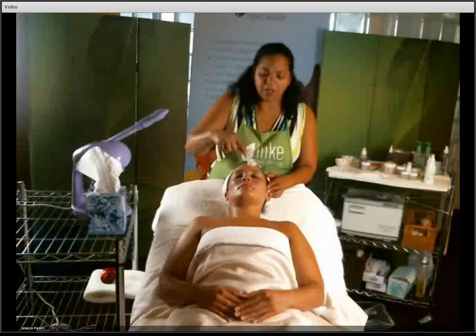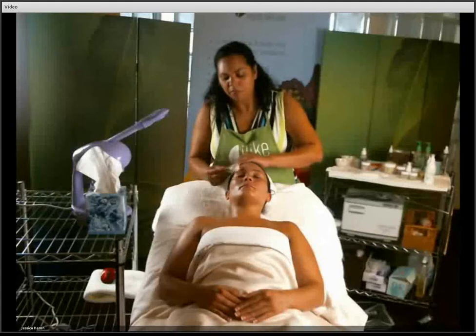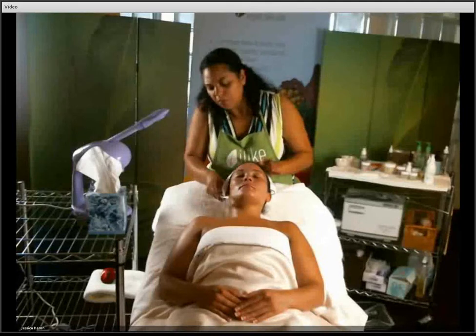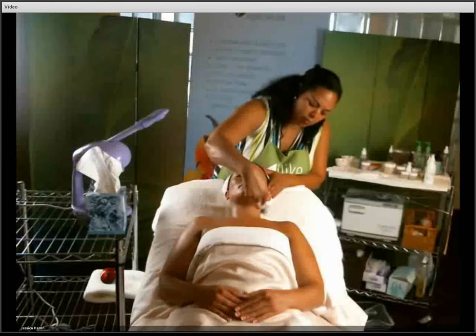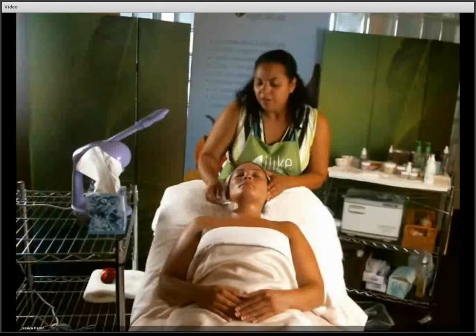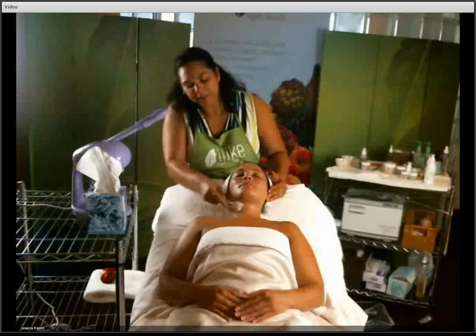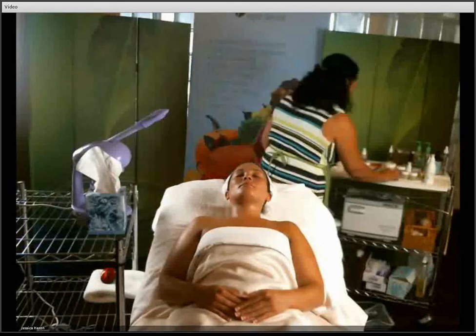The upper lip area, I don't spend too much time in that sensitive area of the face. And just one or two passes on the neck. I don't spend too much time on that area too because it gets blotchy and red easier than anywhere else on the face. All right, so just for about a couple minutes, 2 to 3 minutes, you can brush for. And then you're going to want to remove it